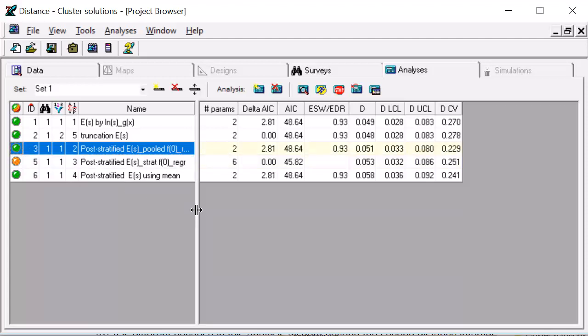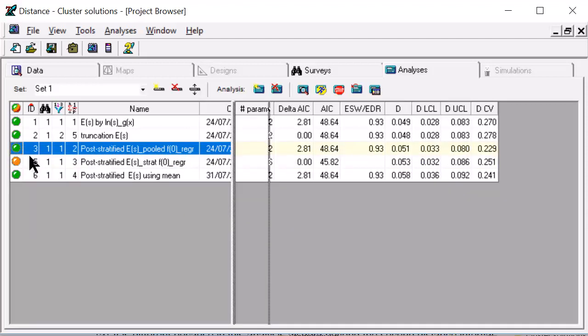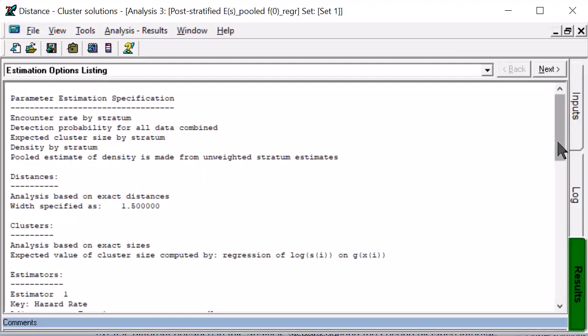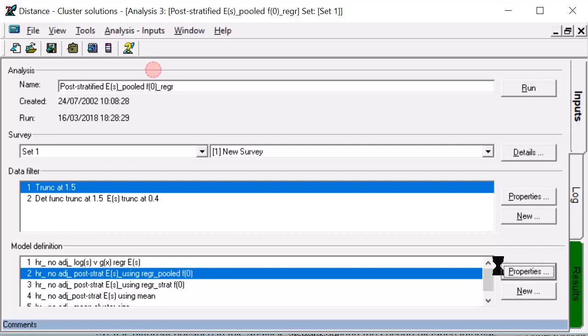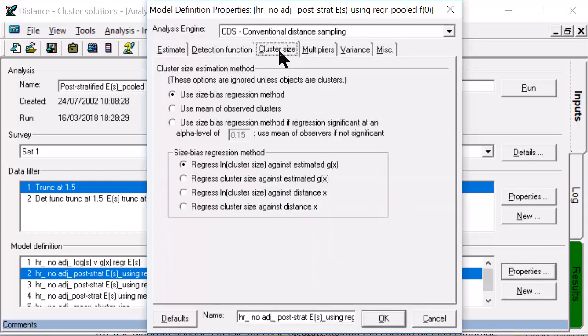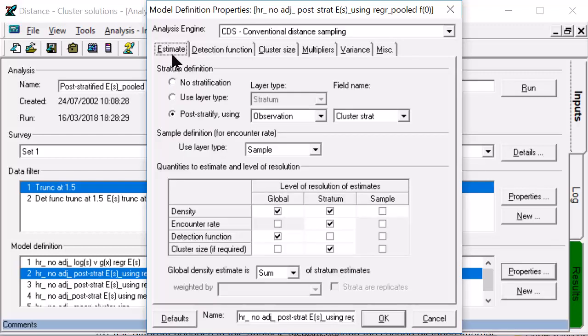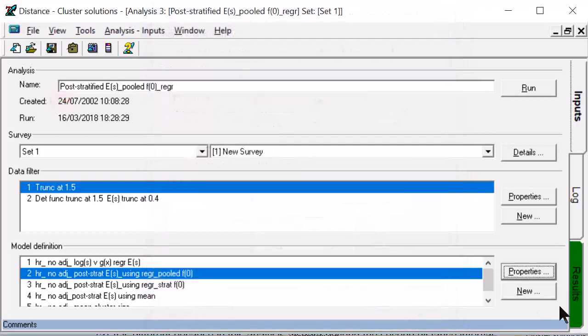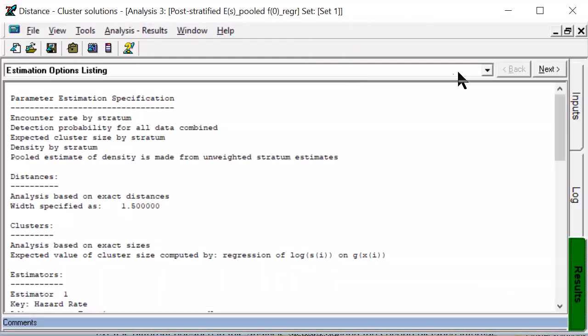Let me just make this a bit bigger. Yep, that one, where it's exactly the same as before, but now if I look under cluster size here, I'm using size bias regression. So what I'm going to do is try the regression method within each of those post-stratification strata. So I'm doing cluster size by stratum, as I say here. So if I look at the results under cluster size,